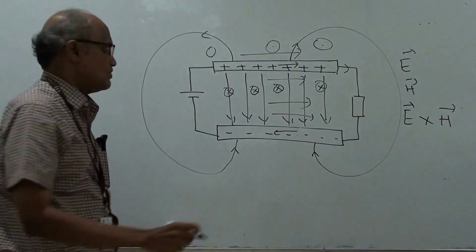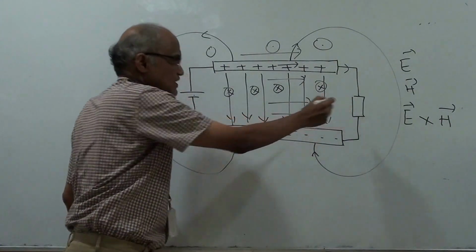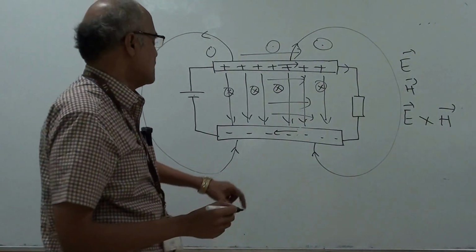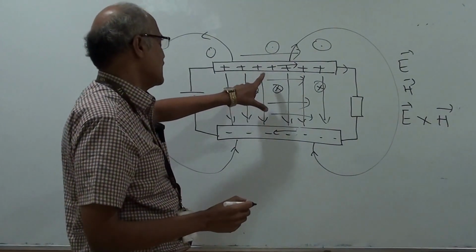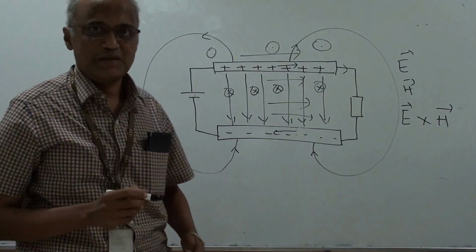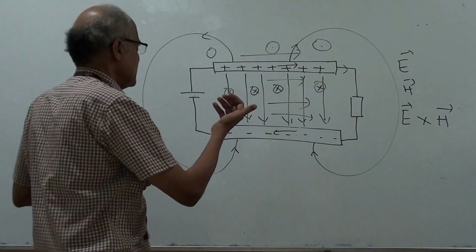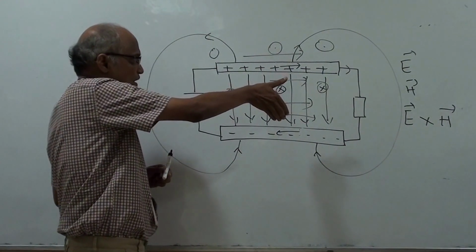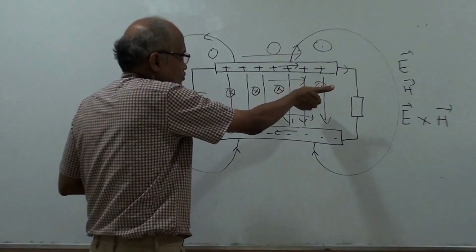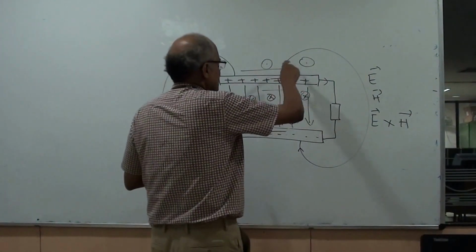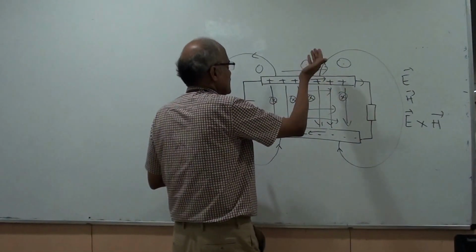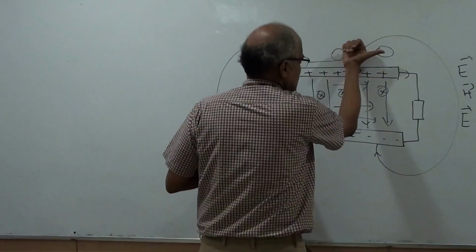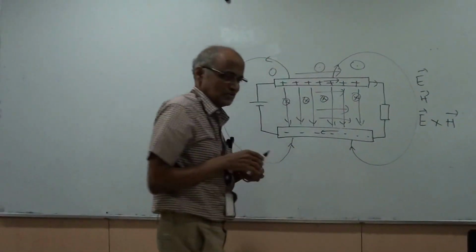So all the power flows from the source to the load in this circuit, because the directions of the electric field and the magnetic field, as shown between the plates and outside the plates, indicate that E cross H will be in one direction. Between the plates, this is the electric field, the magnetic field is into the board, apply my palm and the thumb points towards the load. Outside the plates, this is the electric field, this is the magnetic field, the electric field along the palm, the magnetic field into the board, and the thumb again points from left to right. Okay, so this is for a DC source.